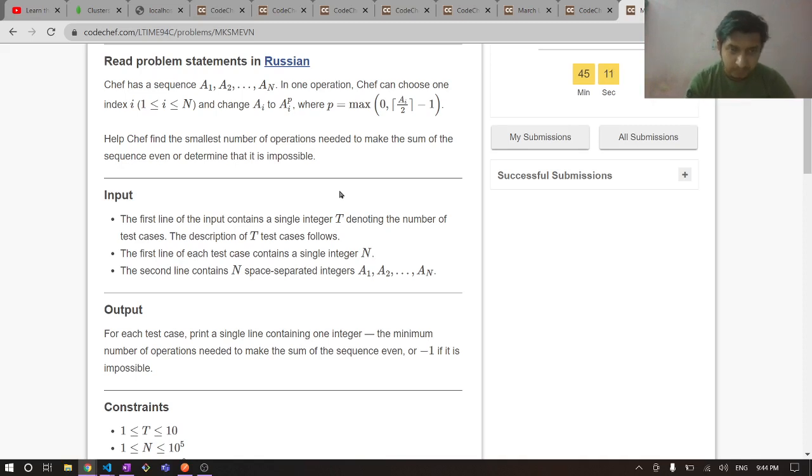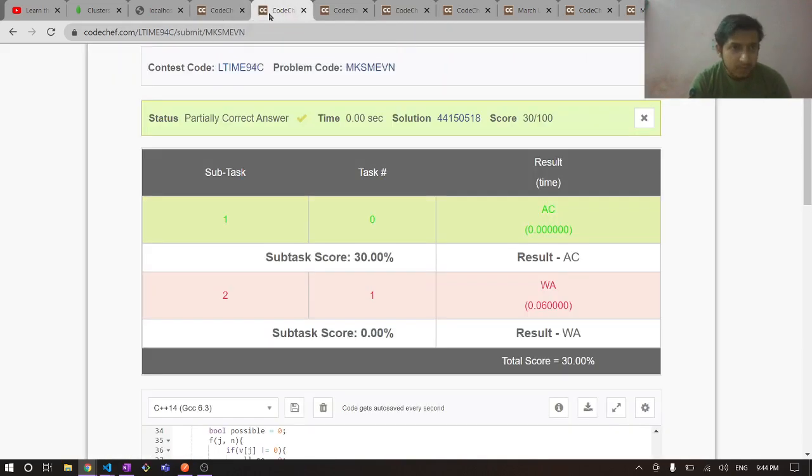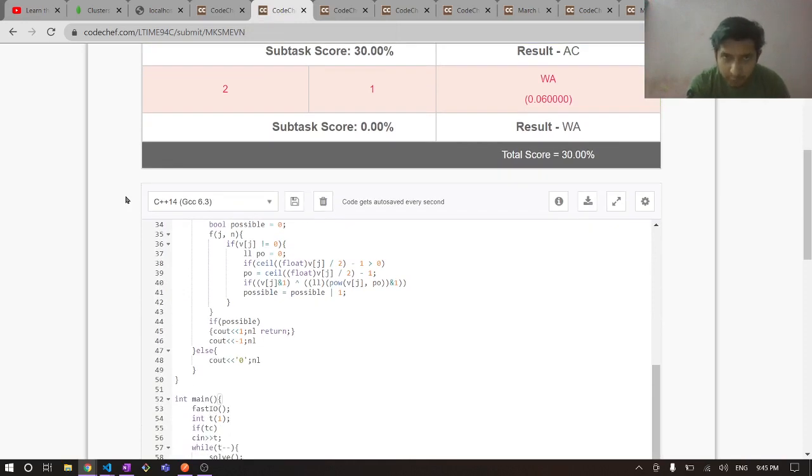Okay, and we determine whether it's possible or not. So the solution is quite simple, at least for the first case. Okay, before getting to the solution, I want you to understand that if a sequence has some odd, then to